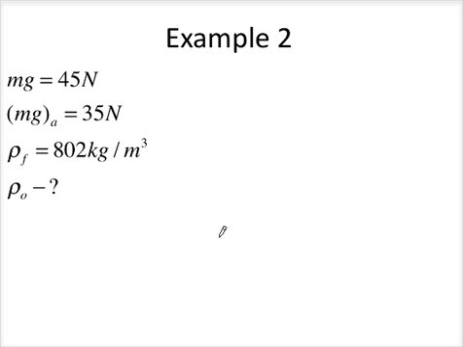All right, so we have the actual weight of 45 newtons. We have the apparent weight of 35 newtons. It's going to be in your data when you solve a problem like this. The density of the fluid, which is oil, is 802 kilograms per meter cubed, and we need to figure out the density of the object. So, since our object has apparent weight,